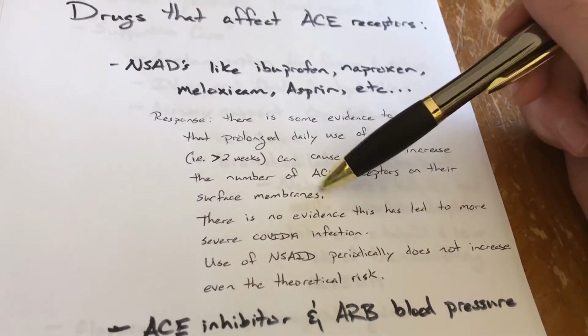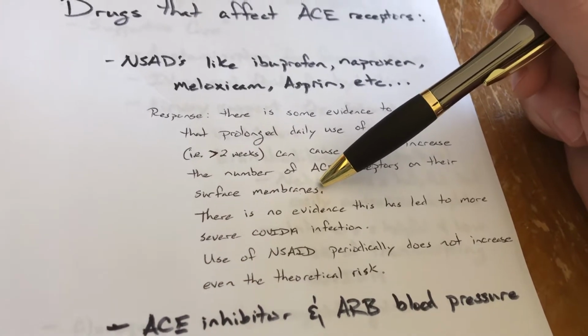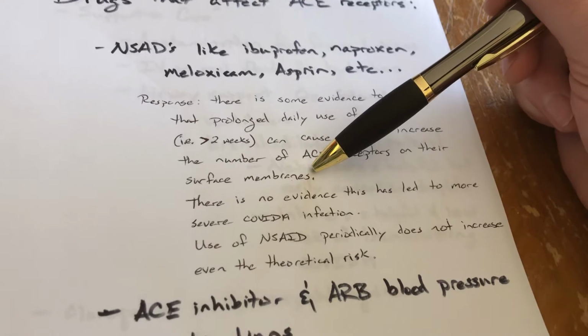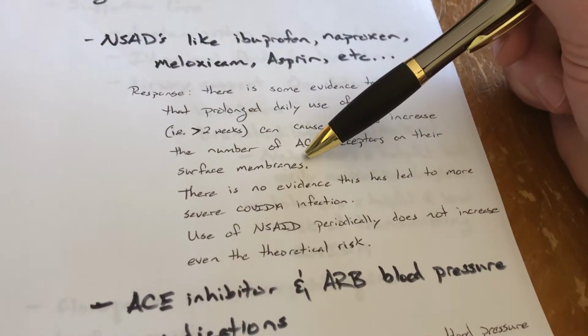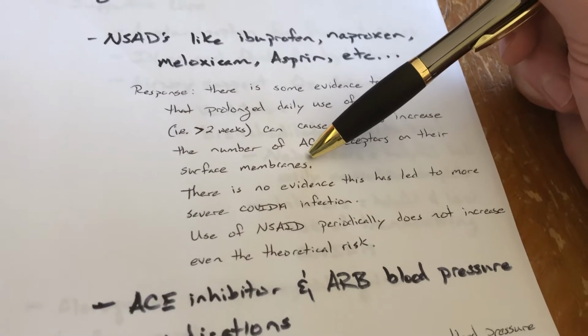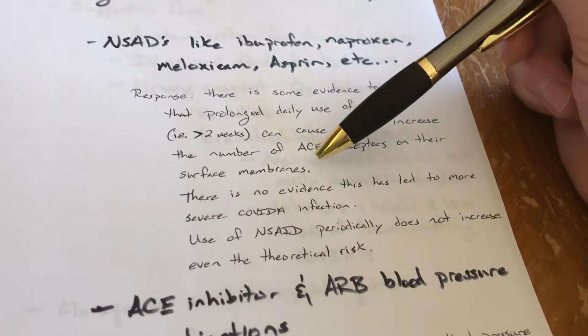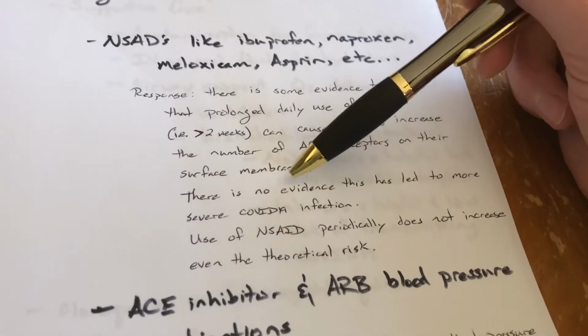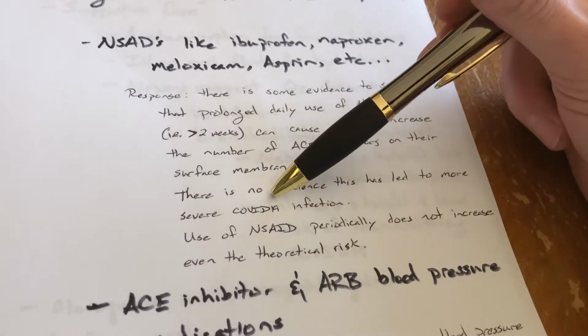Knowing that has led at least one doctor in France to say, oh, it might be that if you have more ACE receptors present, you may be more susceptible or you may get worse disease. That's a nice theory. It kind of makes sense, but there's no evidence that this has led to more severe